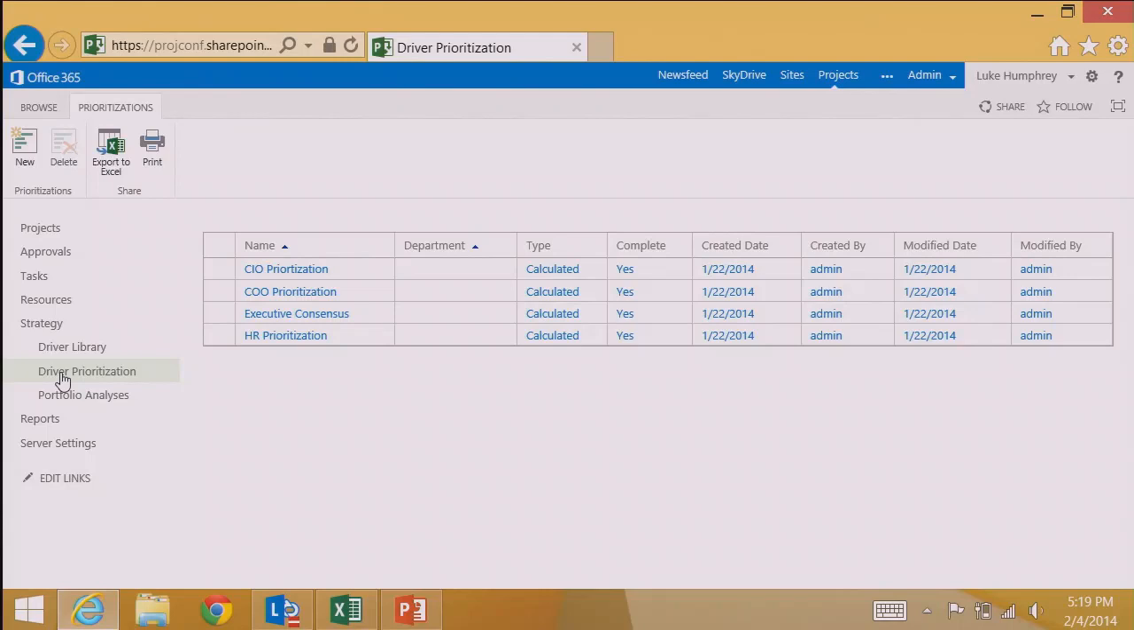And to do that, there are many approaches. The tool supports a couple mainstream paths. One is to have each member of your leadership team do a prioritization exercise individually. So in this demo, we have the CIO doing one, the COO, and then an HR exec. So everybody, to avoid the groupthink, goes off on their own and thinks about